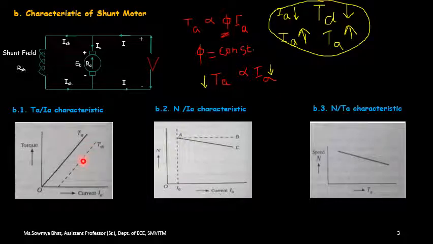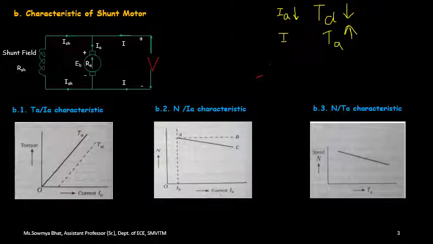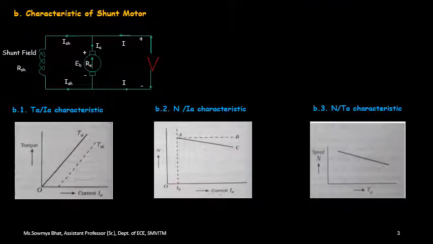So this is regarding the characteristic of DC shunt motor in consideration with armature torque as well as armature current. Next we will move on with the second type of characteristic, which is based upon the speed represented with the term N as well as the armature current Ia. For this again we require one more expression that we have derived for speed in terms of back EMF. So N is equal to EB by phi into 60A divided by ZP.